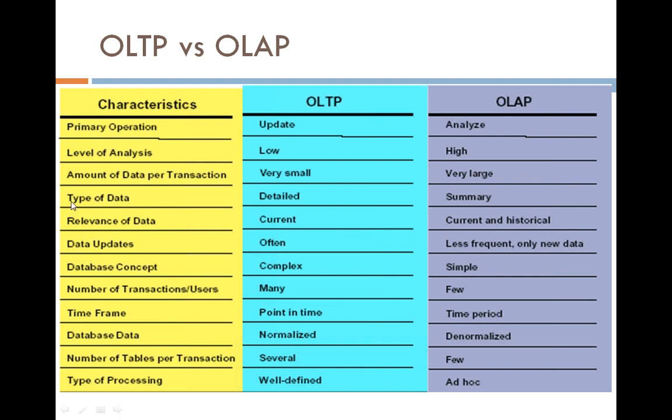And what is the type of data over here? In OLTP it is detailed data, which means it gives each and every piece of information about the transaction: the date of purchase, the store ID, store details, the number of items purchased, and all the other things. But with respect to OLAP, it is summary information, which means we read only the relevant information we want for reporting. We are not going to read all of, for example, a table containing 100 columns or 100 fields.